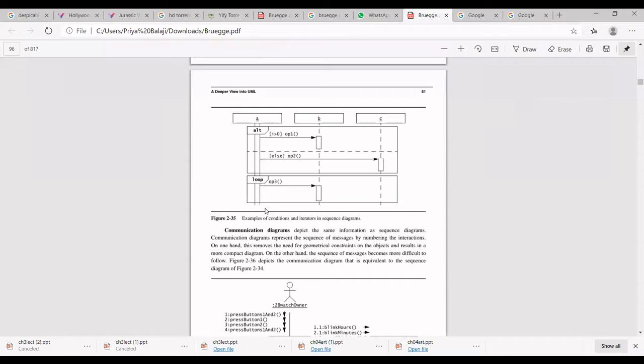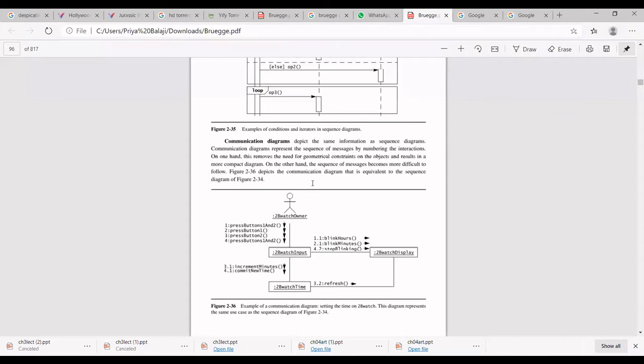For example, how many times can I withdraw with the same ATM card? If there is a restriction that I can withdraw only 3 times, then here, instead of I greater than 0, you can write only 3. It means this has to repeat only 3 times. Like that you can use the number of repetitions, the iterations, also. So these are conditions and iterations in your sequence diagram. You can have iterations in your sequence diagram. You can have conditions also in the sequence diagram.